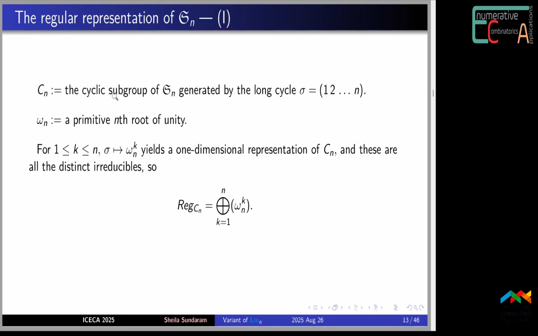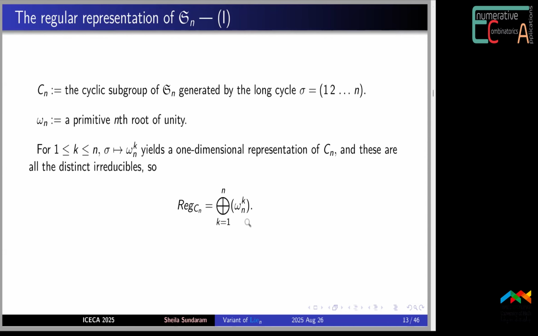So Cn is going to be the cyclic subgroup of Sn generated by the long cycle, 1, 2 up to n, and omega n will always be a primitive nth root of unity. The irreducible representations of Cn are all one-dimensional, and the way you get them is by raising omega n to the power k as k goes from 1 through n and sending the generator sigma to omega n to the power k. So as a decomposition of a group, the regular representation of the cyclic group decomposes like this into n